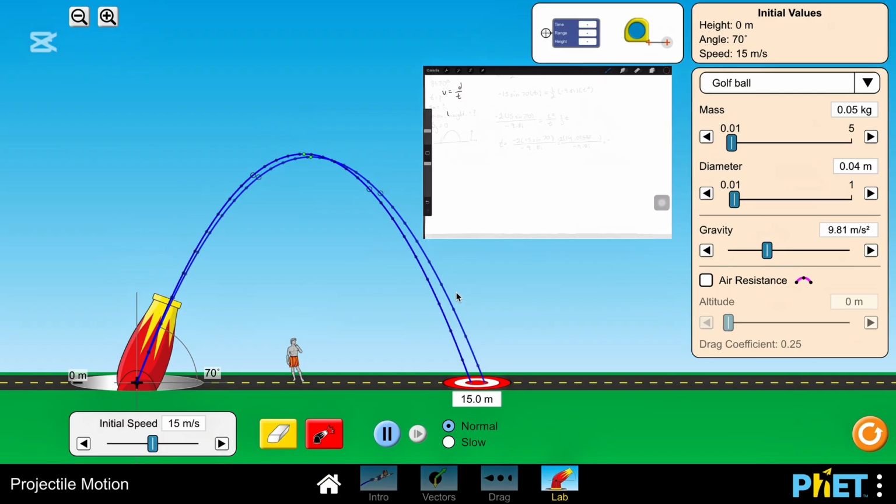So we know the velocity here is on the x-axis, like this. We use cosine. If it's on the y-axis, we use sine. But okay, in this occasion, we're going to use cosine: 15 cosine 70